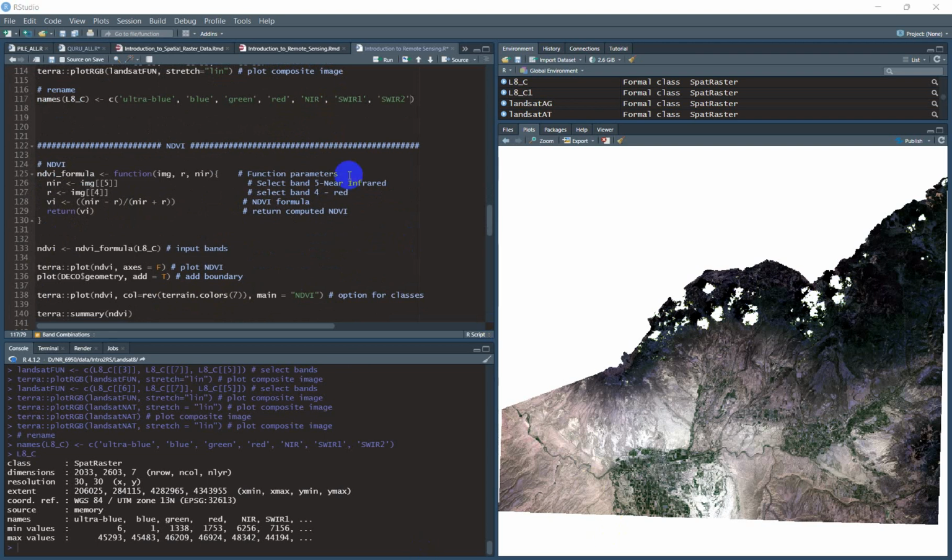Moving on to NDVI, so the Normalized Difference Vegetation Index. Remember from our lecture, this produces the measure of greenness across the landscape. So the NDVI formula I've put into a function. Feel free to use this function, but I would suggest that you do not just copy and paste it. Write it out yourself so you can get to know it a little bit better. So in this function, I'm creating a new function called NDVI formula, and as we learned how to do functions, I'm putting in imagery,